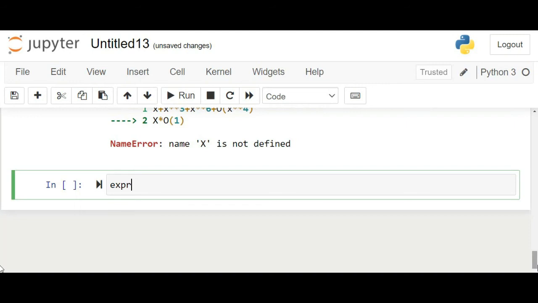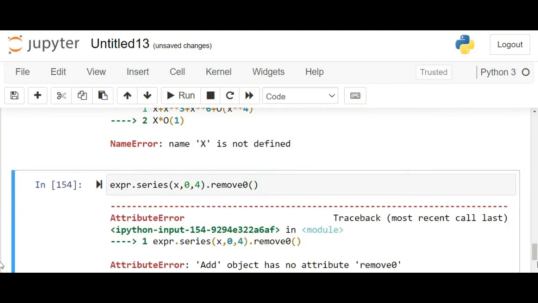expr dot series, and we want to write the series from x comma 0 comma 4, and then we will write dot remove 0 at parenthesis, then control and enter. Here is the problem, remove